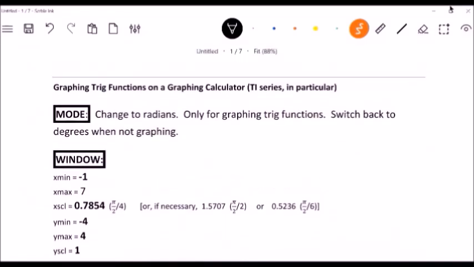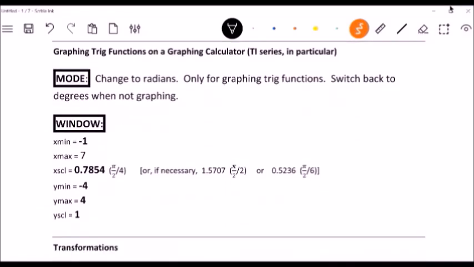Now, you can do all of the graphing on a TI calculator or other calculators, but here are some things if you do it on the graphing calculator that's a TI. And actually, the first thing is true for any calculator. Your mode has to be in radians. You're only going to use that for graphing trig functions, and you have to remember to go back to degrees when you're not graphing. So there's a mode button on the calculator right at the top. Just press mode, move down, move over, choose radians, press enter, and you'll be set. But you'll have to make sure you change it back later, or else you get some weird answers on other